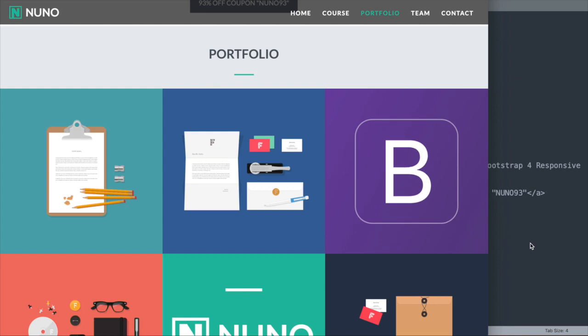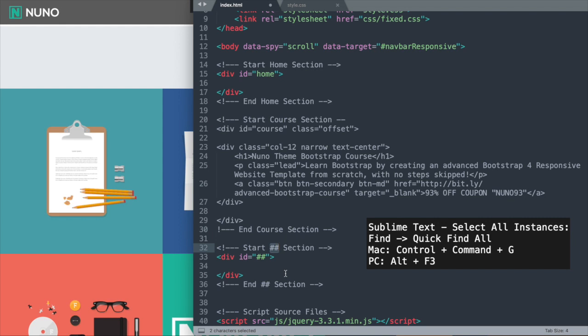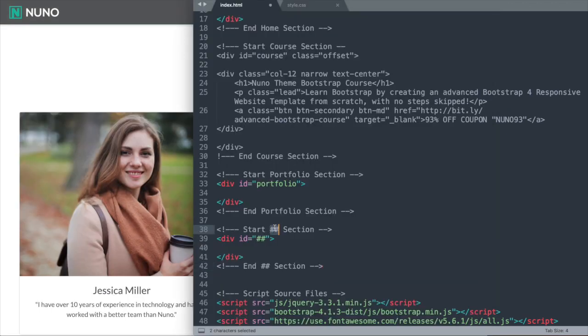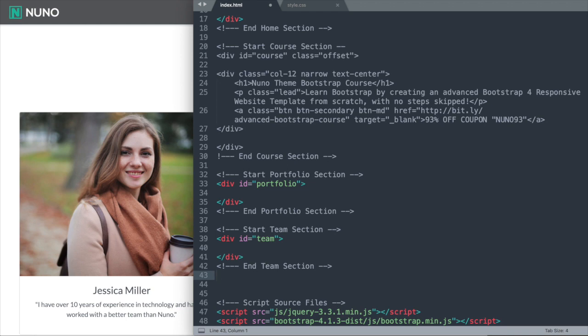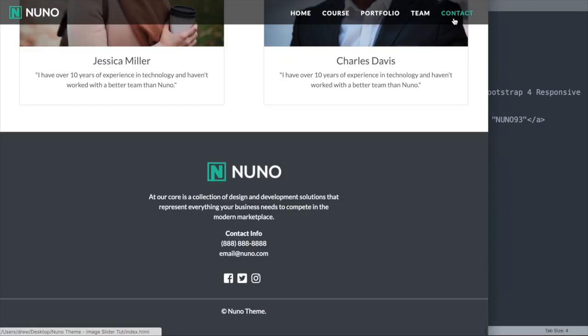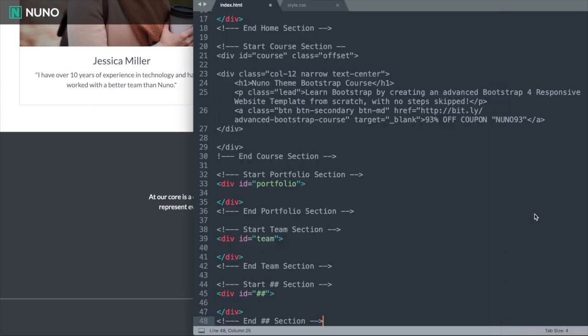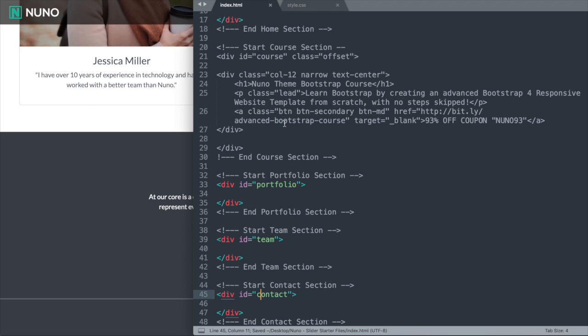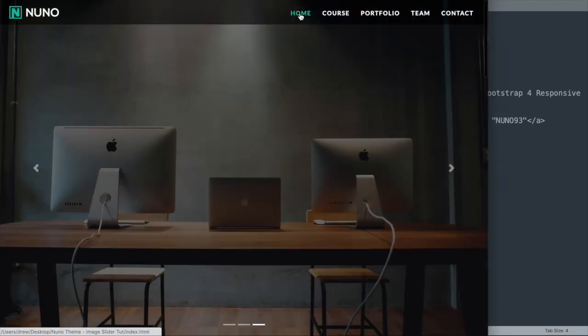So the shortcut that we're going to use for Sublime Text, I'll put a little image up to show you that. So basically we're just going to select all instances of the 2 hashtags, and then I'm going to change that to portfolio, and then I'm just going to make the div ID lowercase, and then we can do that to the team section beneath the portfolio div ID. So I'll just say team, make it lowercase, and then we can use the shortcut again for the contact section at the very bottom. So I'll go ahead and select it and then just change this to contact. Okay, so now we have all of our div IDs set for Bootstrap Scrollspy,